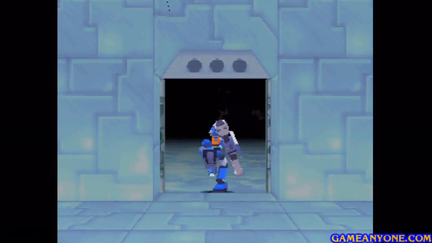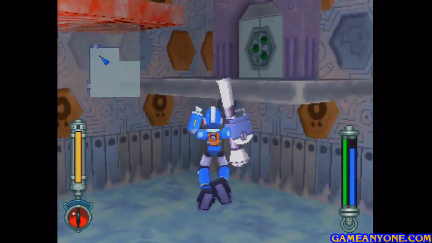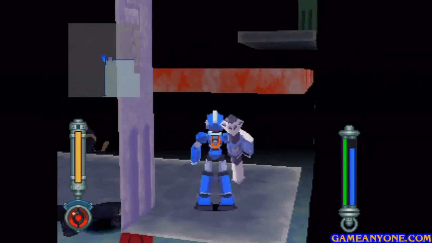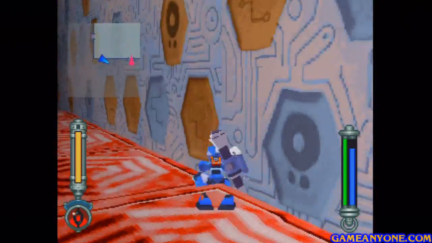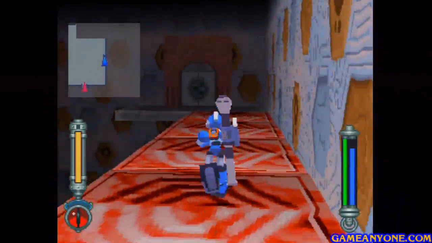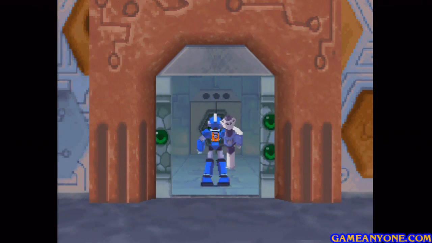Alright, so we're going to go back out into this big open area. See, there's the girly Reaverbots I was talking about. I'm going to head back up to this ledge, and now we're going to continue following these red platforms and go all the way up this time. So let's jump on them and keep going. Pretty easy to deal with. You usually don't have to worry about those red platforms breaking, so...